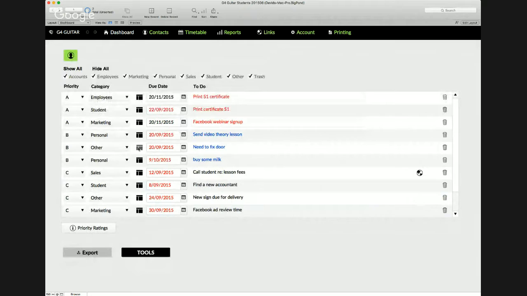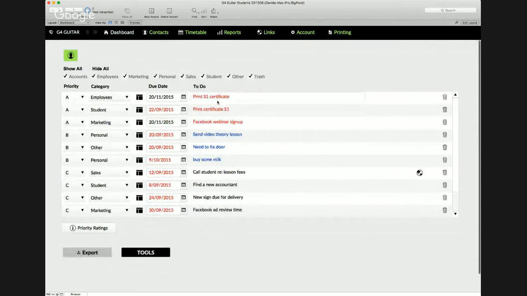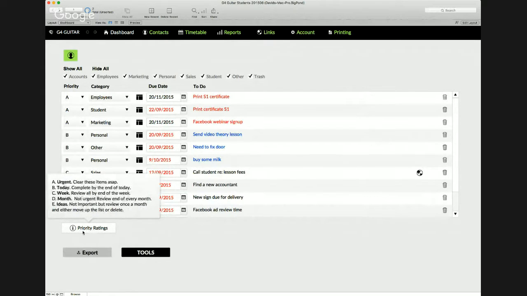The idea is that when you log in each day, you want to start here and just work through your to-dos, and eventually, hopefully clear them off as much as you can. I've even put what I call, and this is just how I think, a priorities rating here, A being urgent, clear these items ASAP today, complete by the end of today, and then C is week, review all by the end of the week, then D, month, E is just for